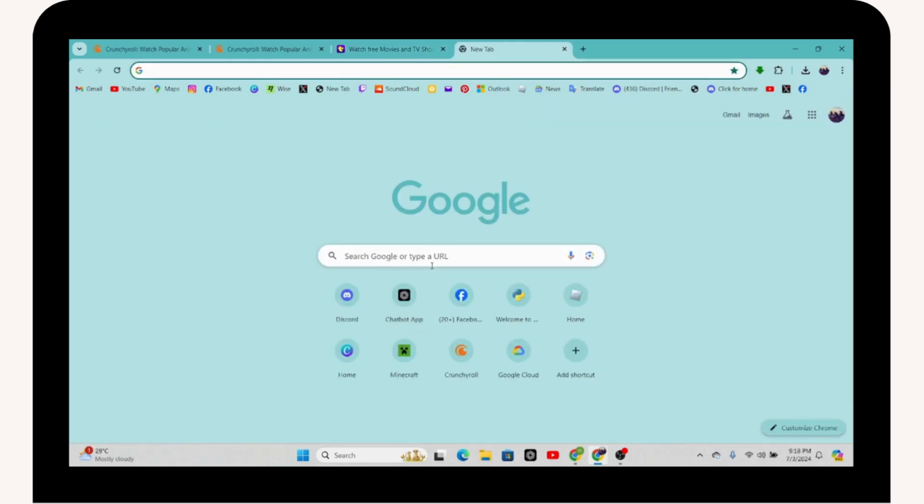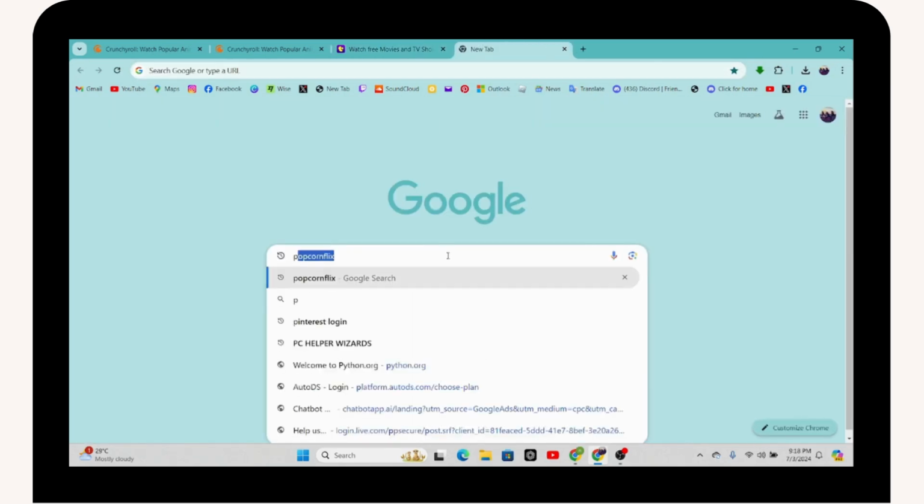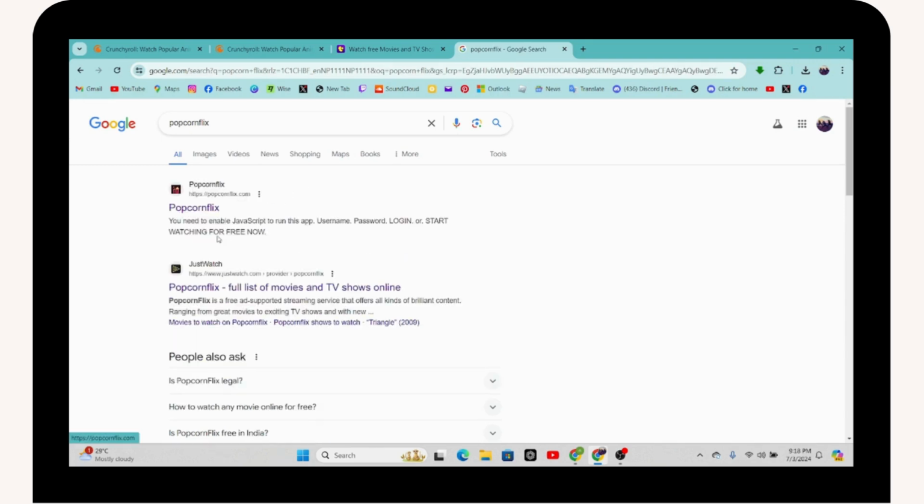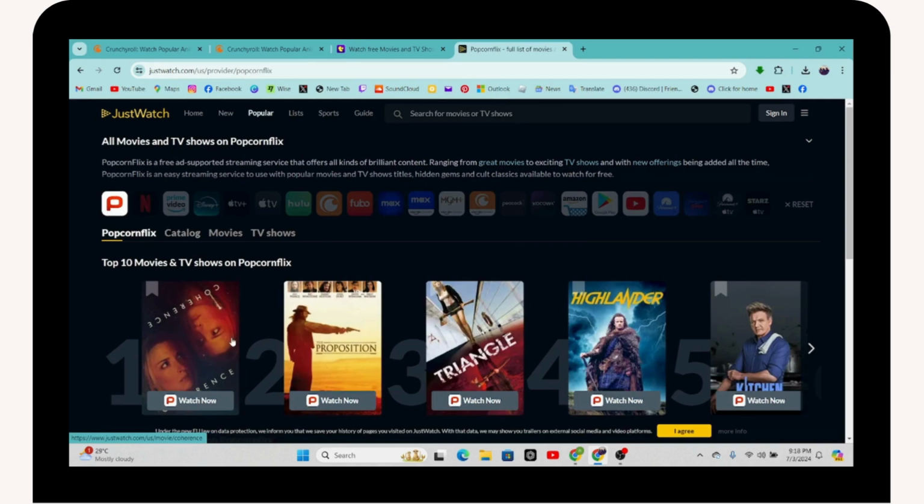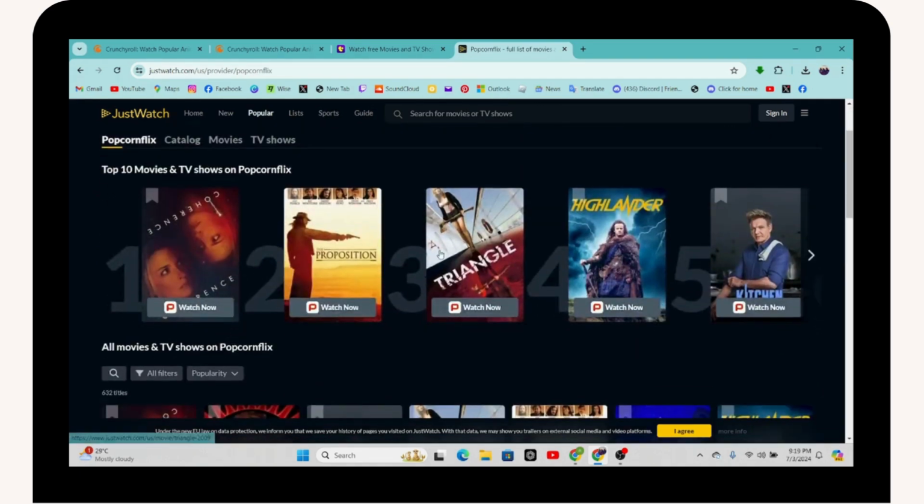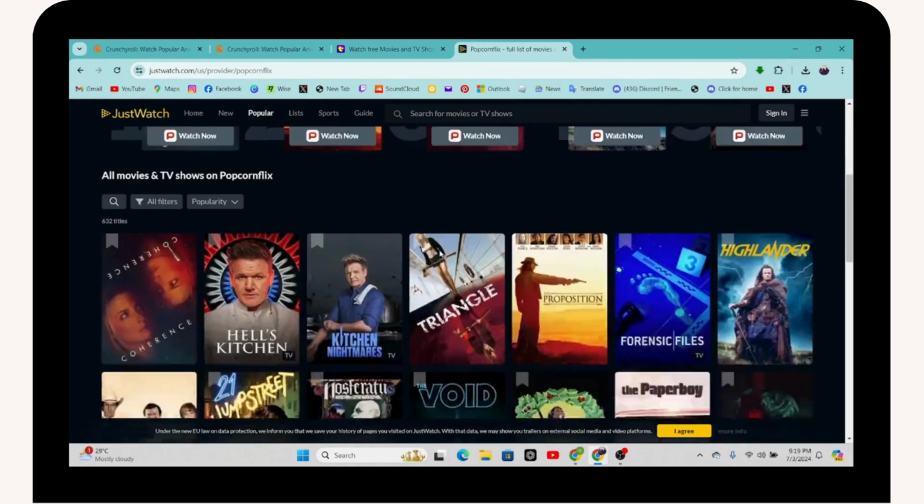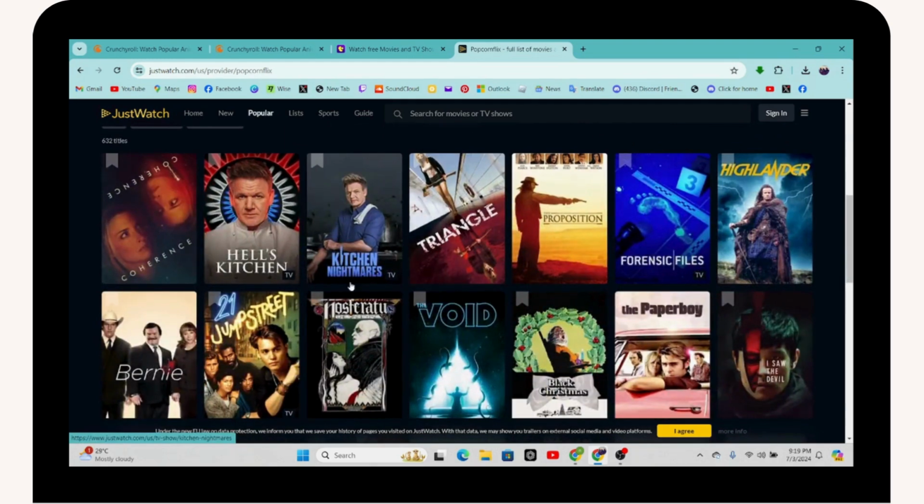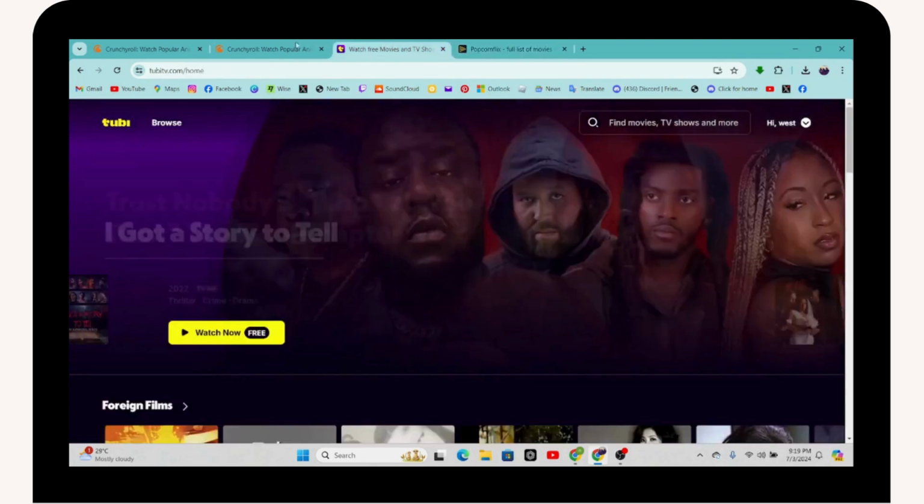And the fourth website is Popcorn Flix. Once you search for Popcorn Flix, then you just need to go for the first search, which is popcornflix.com. Then under the Popcorn Flix, you will have all of these movies and shows, and you can also search for the anime and you can watch the anime. So that's how you can watch the free